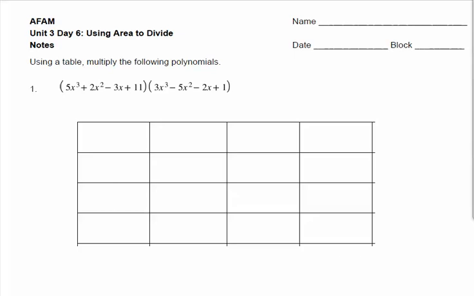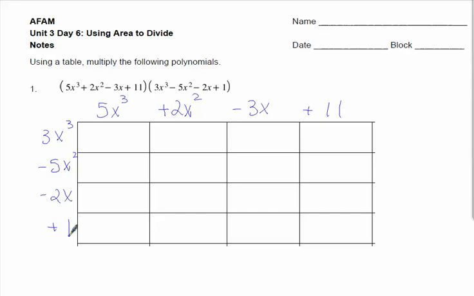So I'm going to take the one on the top, and I'm going to put the 5x cubed plus 2x squared minus 3x plus 11 along the top. And over here, I'm going to say 3x cubed minus 5x squared minus 2x plus 1. So I just wrote the problem in a table. Now, just like a multiplication table when you were in first grade learning how to multiply, the same thing